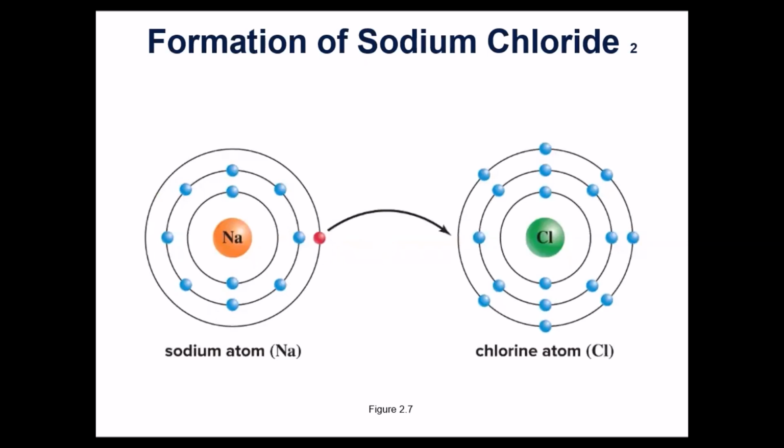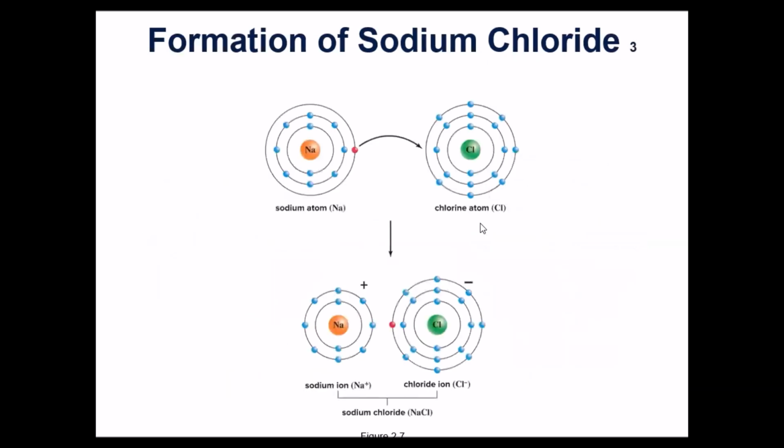So what happens is, if you transfer this electron here to chlorine, now you can create a situation where you have this sodium. It's almost like it now gets rid of that extra electron, and now it's more stable because it has 8 electrons on its outer shell. So now it's a lot more stable. Chlorine's happy now because it has gained an electron and fills up its outer shell with that electron. So it has a complete outer shell now.